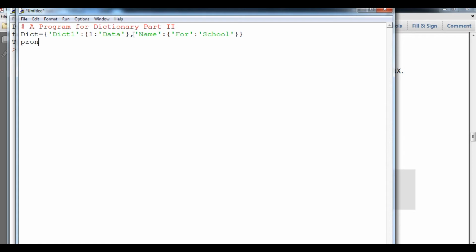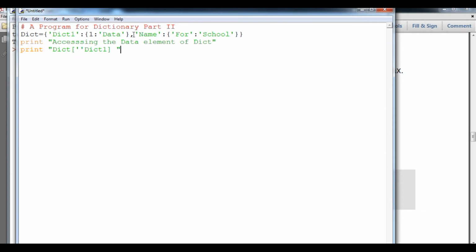First of all, student, we are going to print a simple line which we practiced earlier: accessing the data element of dict. Here I print within double quotes or single quotes, it's up to you. Because we are going to use keys, I will use double quotes. So here dict of dict1.